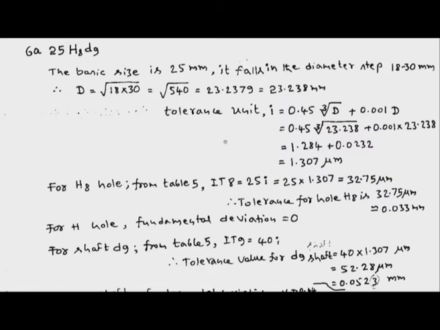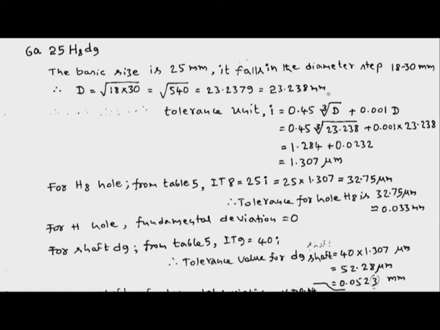We will solve some numerical problems on fit and tolerances. Now this is the first problem. The basic size given is 25 millimeter, and this diameter falls in the diameter step of 18 to 30 millimeter. So we can find the mean diameter using this relationship, square root of d1 times d2. So the mean diameter is